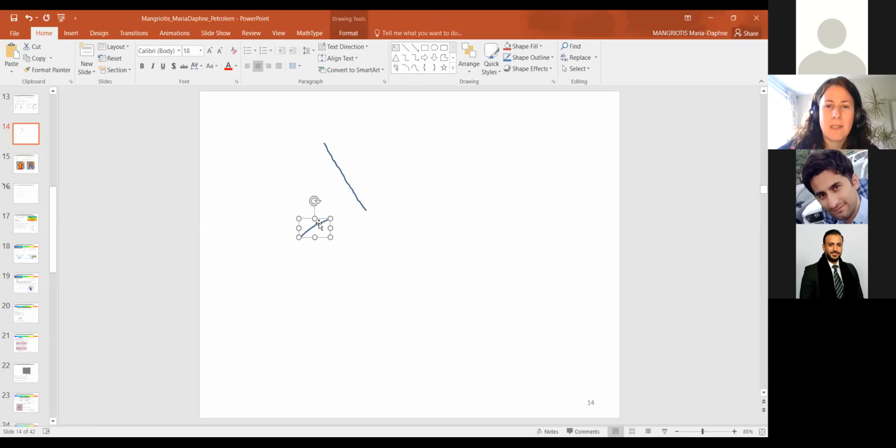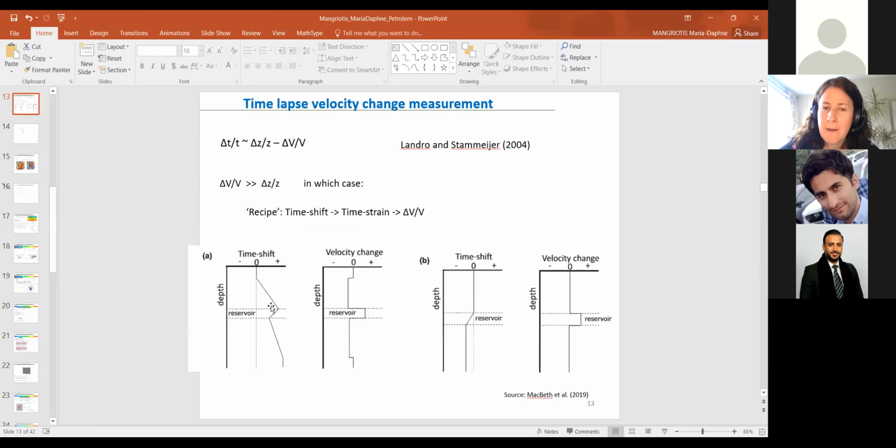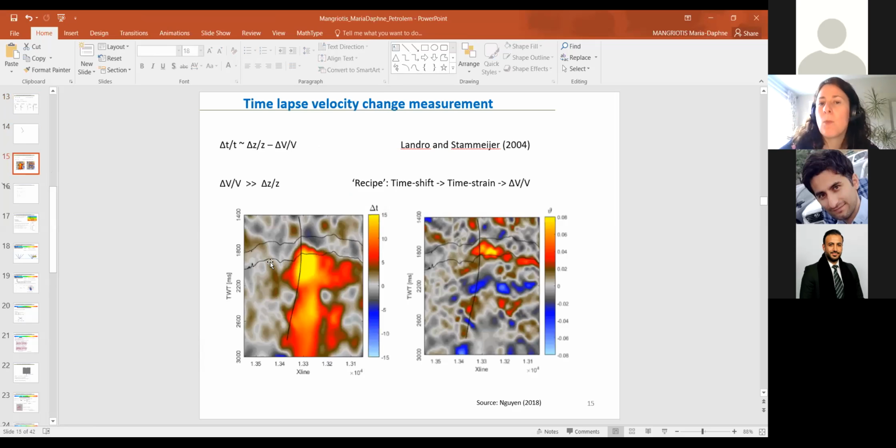It's following from your previous time shift measurement because of this cumulative effect. And then when you differentiate it, and this is essentially what Fong has done, she took the time shift and estimated the time strain here. Essentially, she undoes that accumulation, right? So she's able to separate different zones of